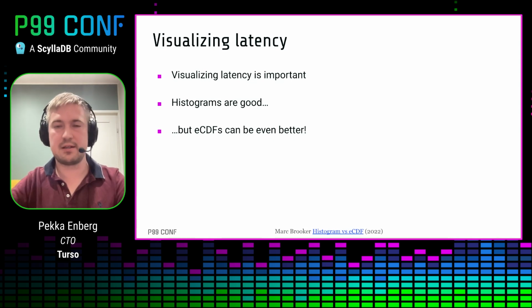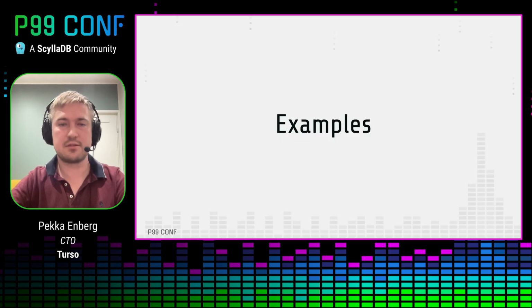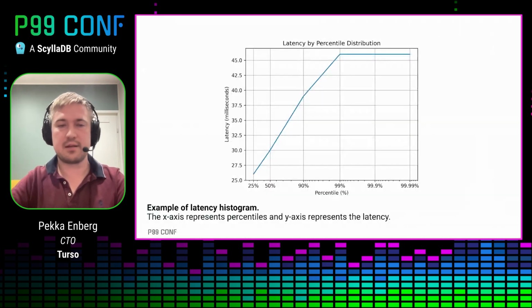If it's a distribution and we measure it, how do we visualize it? What does latency look like? Histograms are good, but I tend to think that ECDFs can be even better. And this is a really great blog post by Mark Brooker on this topic, which you should also go and check out. But just to give you some examples, so here's an example of